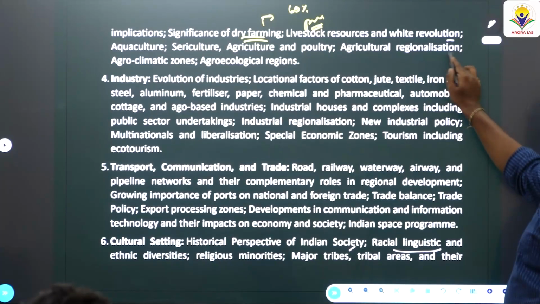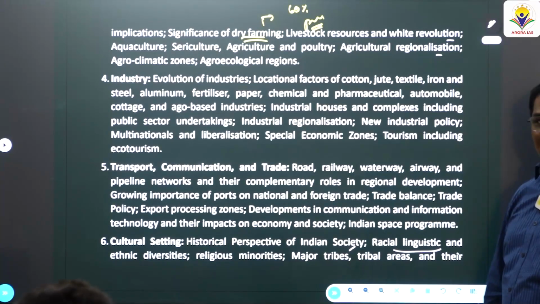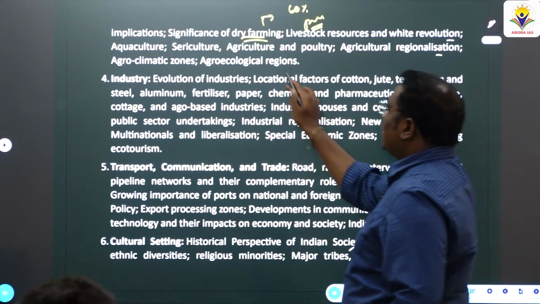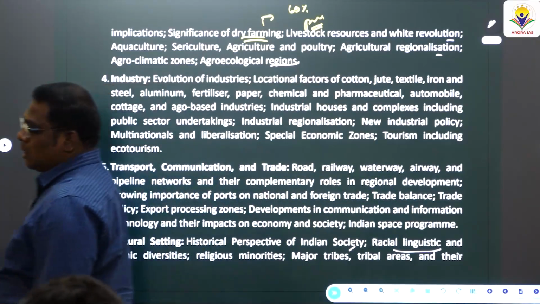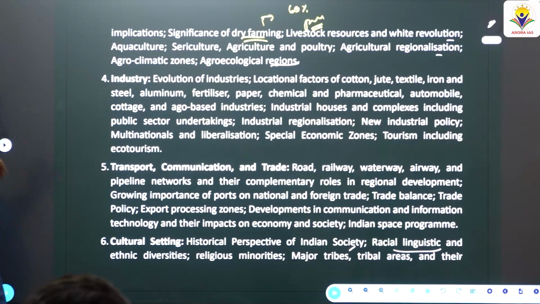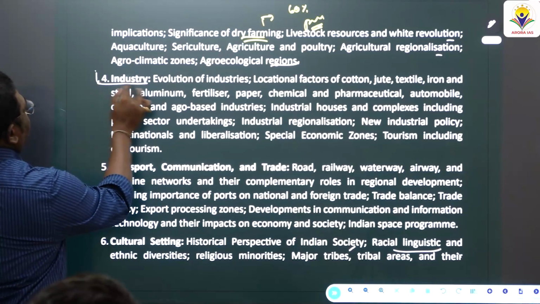White revolution, agricultural regionalization, agroclimatic zonation, agroecological regions. We will see this elaborately. Agriculture is one of the vast chapters we have. Then unit 4,